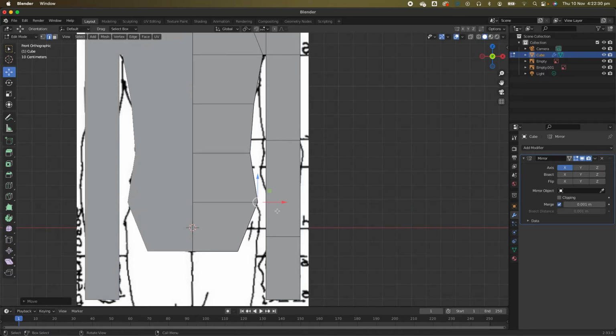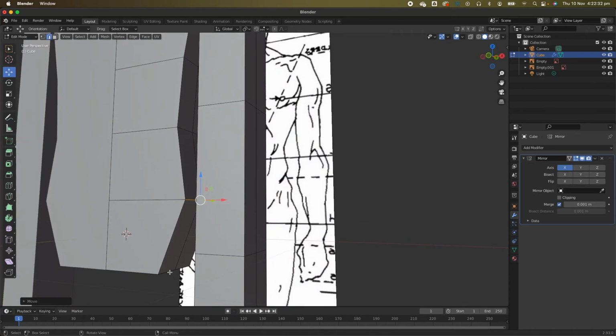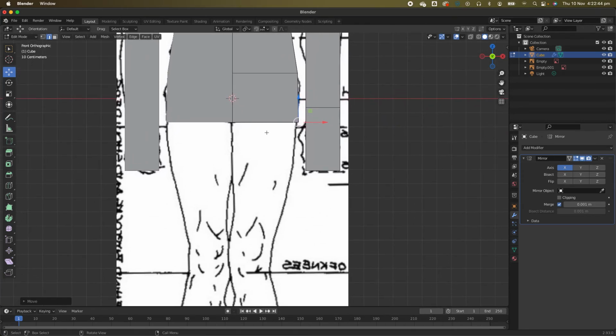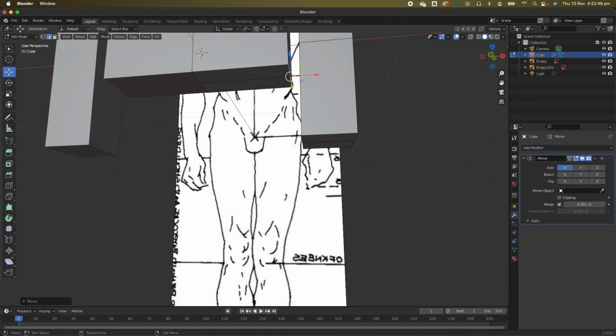Okay, so just going to bring the hip in just now. There we go. So now we can create our legs. I'm going to put another loop cut in here. I love loop cuts. Let's put a few in, shall we? There we go. So we have another 3 loop cuts in there. This section here could be for the groin, and the rest could be there for the leg as well. Okay, and